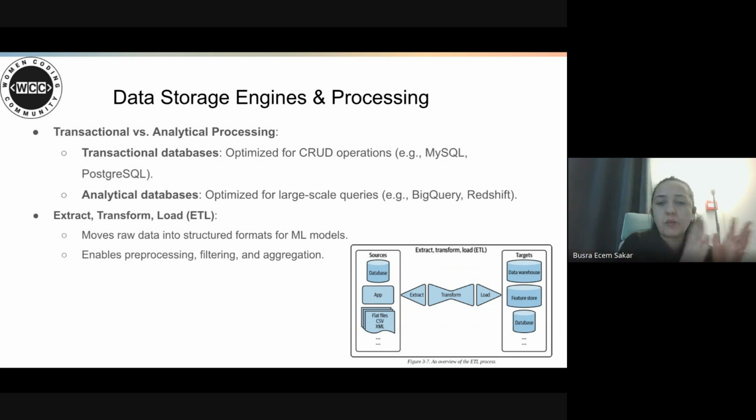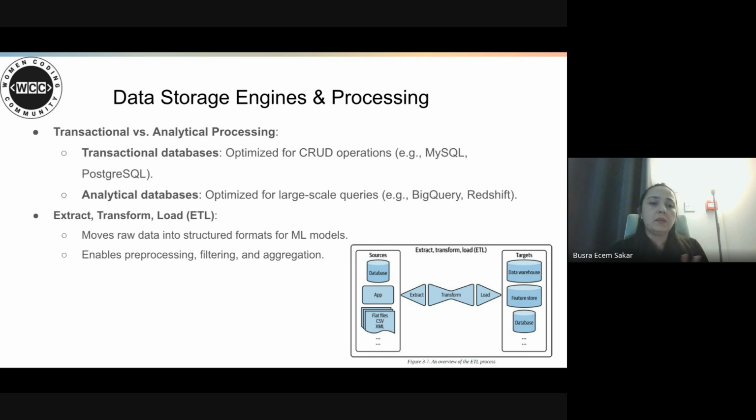And also analytical databases, OLAP, optimized for large-scale analytical queries and complex aggregations. For example, Google BigQuery, Amazon Redshift. They handle large-scale business intelligence queries.